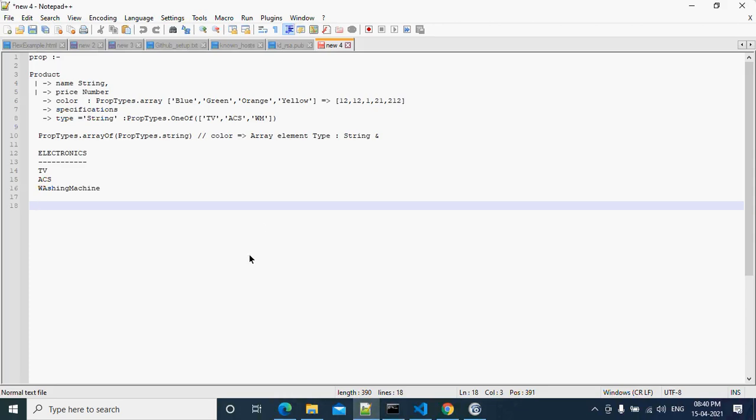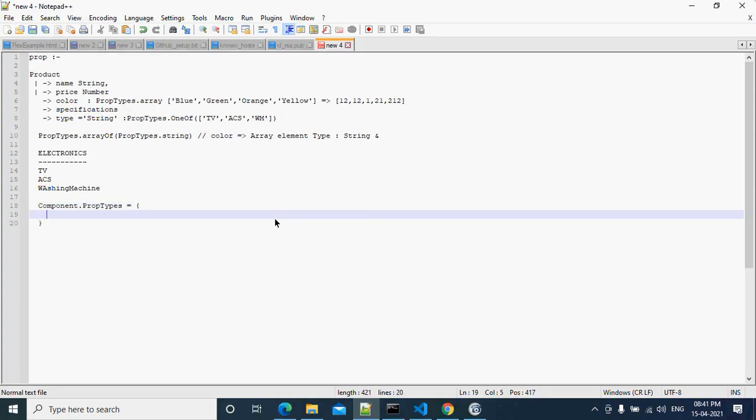So the syntax is, assume I have a component. How are we going to specify the prop types? Component.propTypes is equal to, and if we specify string required, how do we do it? PropTypes.string.isRequired, right? Like this we do it. Okay, but